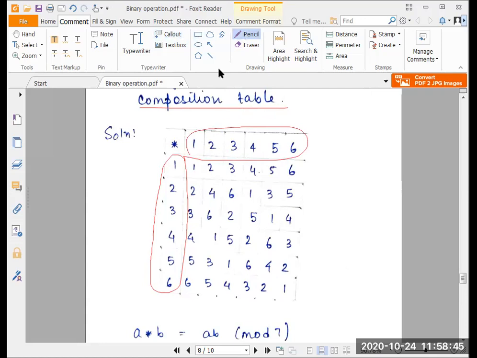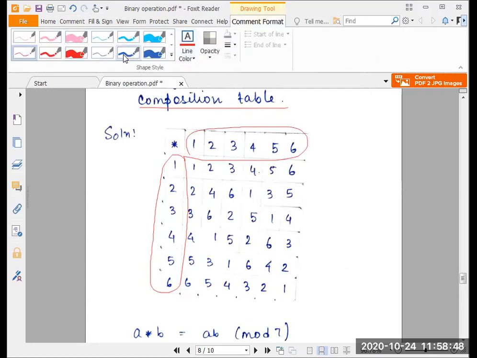So let me take a different color. So I'm taking blue, and this is essentially the core composition table under consideration. Let me just do it step by step.